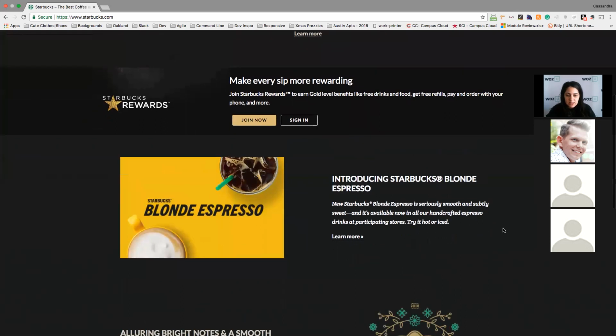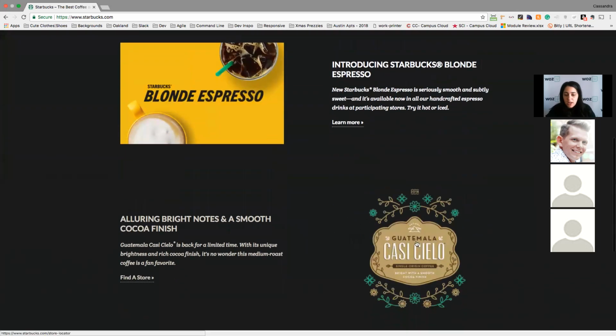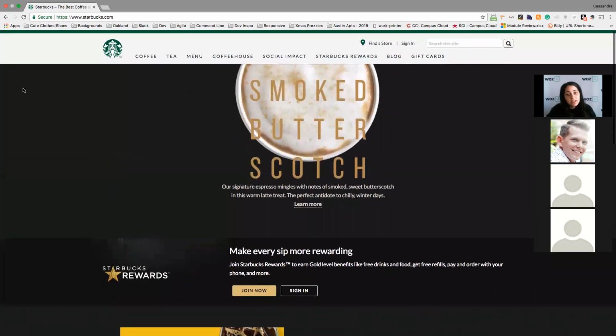Here, we could see that this is one section, but it has different parts. We're advertising the blonde espresso and also the Guatemalan Casi Cielo. So here, you might want to use a div for this area and this area, but it all falls into one section. And everything that you're seeing on the page is within the body tag.